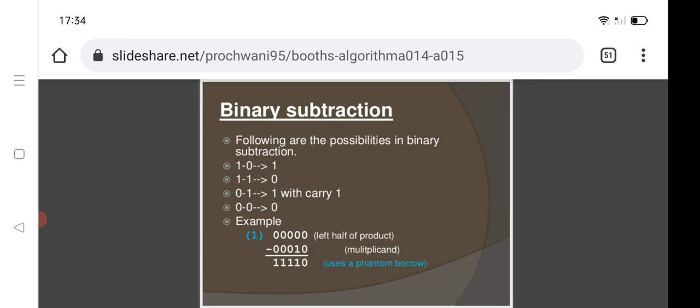When I take a borrow, it comes from the MSB position, and the value there becomes 2. It is a binary one I am borrowing, so the weight becomes 2. From that 2 I take one borrow, so 1 is left in that bit and 2 is carried forward to the next digit. Again from the 2 I take one more, so 1 is left over and 2 is carried forward. Then 2 minus 1 is what? 1. Since 1 was already left over after the borrow, the answer is 1 1 1 1 0.